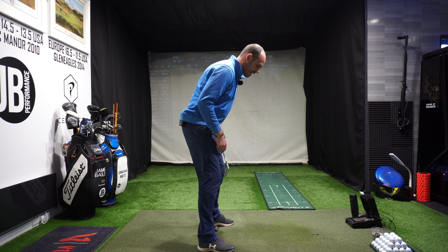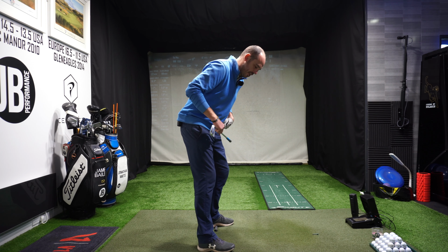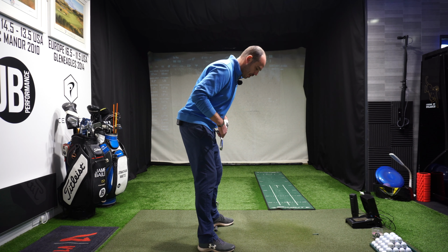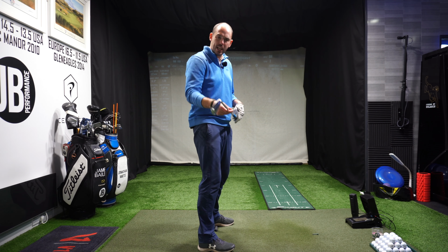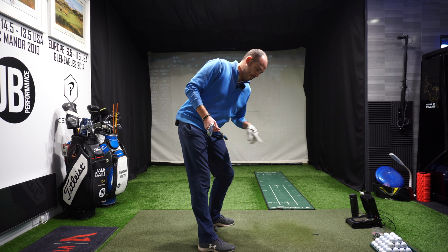So we want to try and maintain this spine angle of around 55 degrees if we can, but we've just got to watch out this lead hip doesn't go forwards towards the golf ball, setting the pressure towards the toes. You could always just put something down in front of your hips. Perhaps if you had your golf bag behind you, you could lay a pool noodle across just by the hips and just try to get that sensation of turning or rotating without my lead hip going a long way